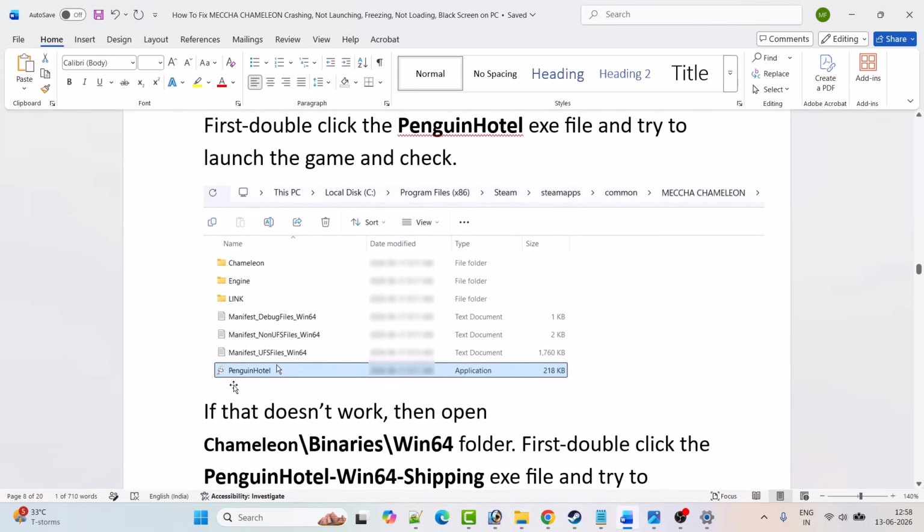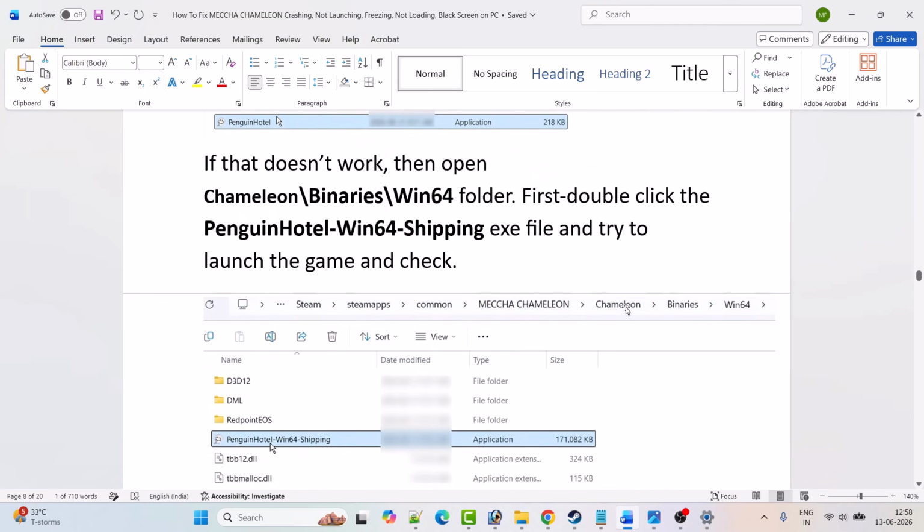Now here you will see the Penguin Hotel exe file. First double click it and then try to launch the game and check. If that doesn't work, then right click on it and select run as administrator, and then try to launch the game and check. If your problem is still not solved, then open the Chameleon folder, Binaries folder, Win64 folder,